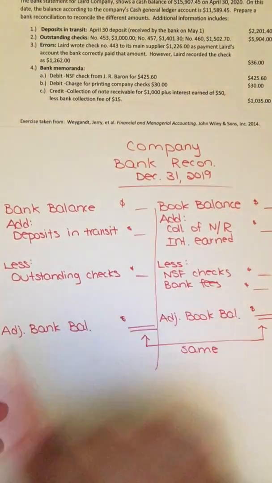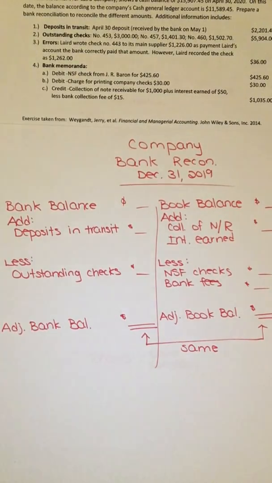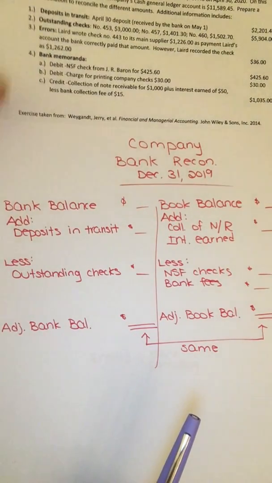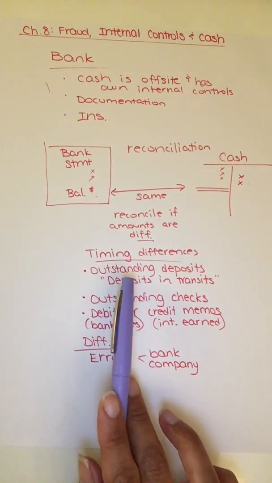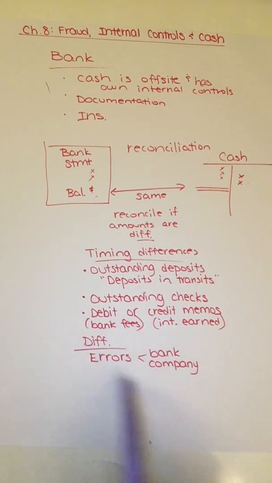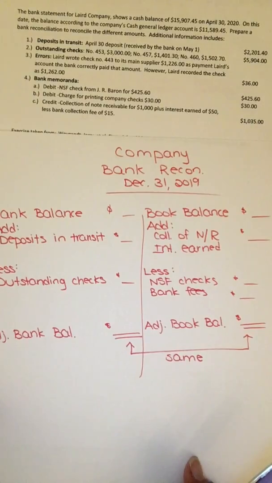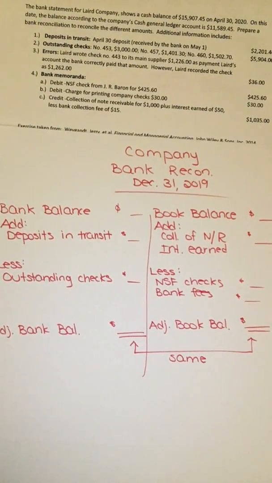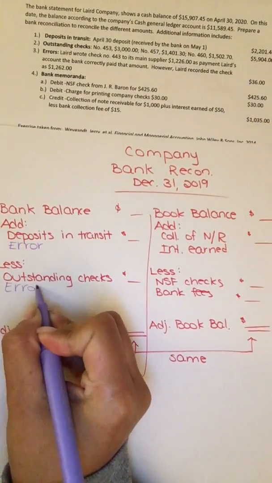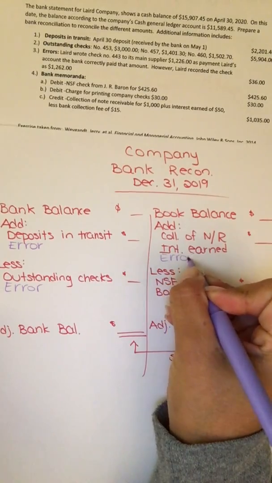Okay, I left a little bit of space because occasionally there are errors. We talked about the fact that most of the differences are timing differences. So everything you see on here is a timing difference that we talked about earlier. Timing differences being outstanding checks, outstanding deposits, debit or credit memos. The other difference we have to account for, which is not a timing difference, but simply errors. Those errors could occur on either side, right? So we could have an error here, here, here. Book side,